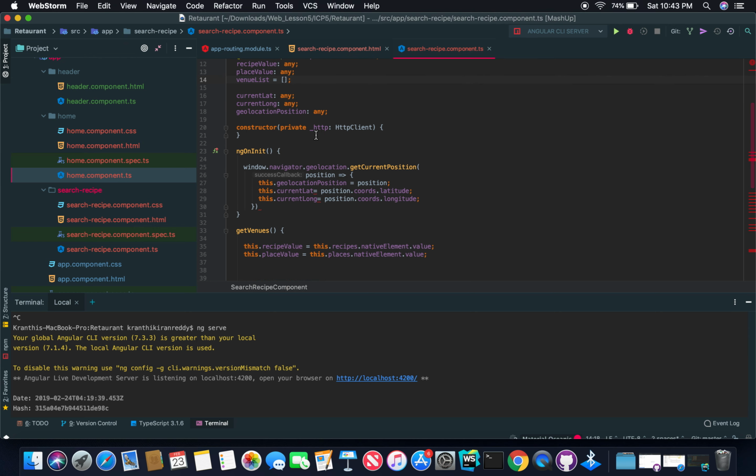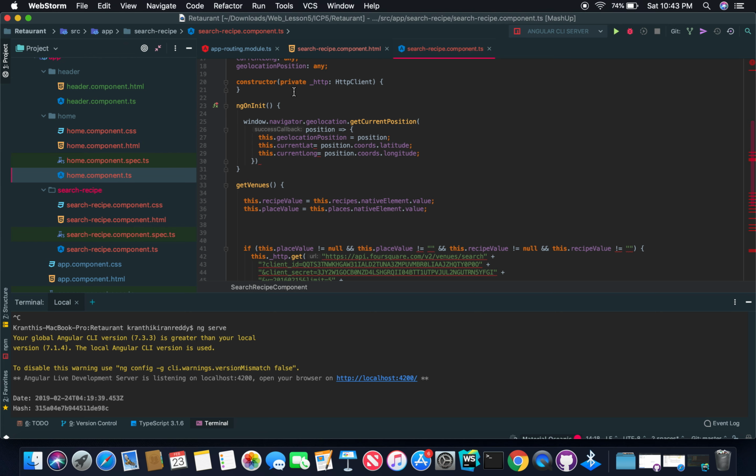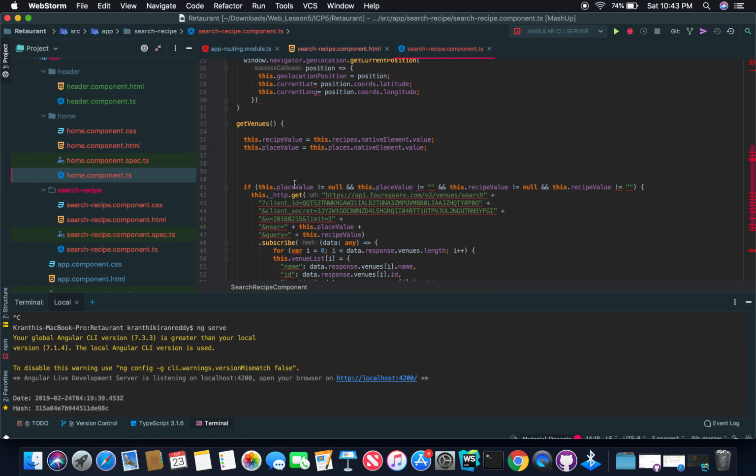Here we used HTTP client to access the API. So in the constructor we need to give this, and then ngOnInit, this function asks for our position and retrieves our location. This is used for that. And getVenues is used when we click on